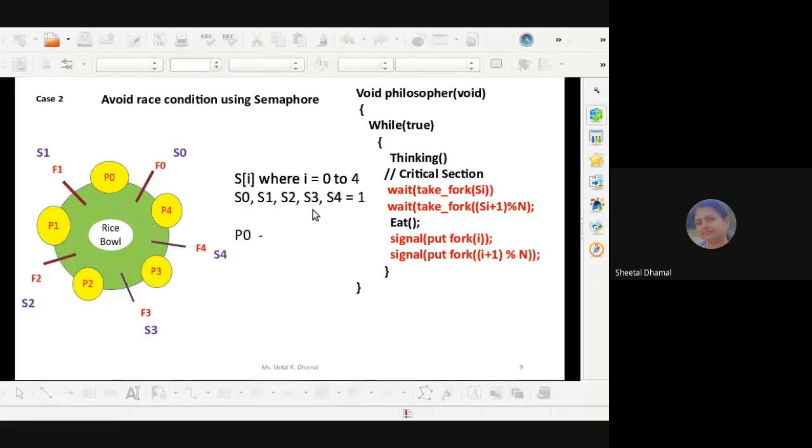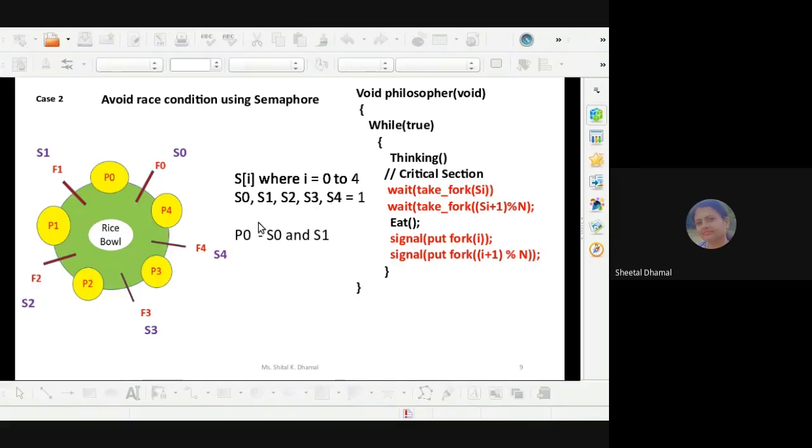Okay. Now here let us consider process P0. From this diagram you can observe that if the philosopher P0 wants to perform the eating operation, if he wants to eat, then he will execute this wait function. For P0 the index value is 0. So P0 will execute this take fork function, and here the value of I is equal to 0. So he will pick up the left hand side fork, that is S0. Then he will execute the next take fork function. Here the value of I is 0, so S0 plus 1: 0 plus 1 means it is 1, 1 modulus 5 means it is 1. So here you will get S1.